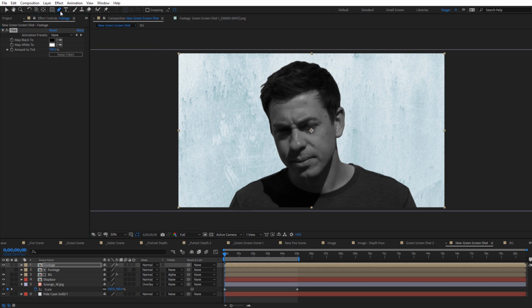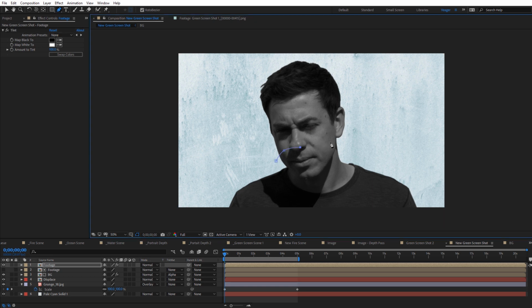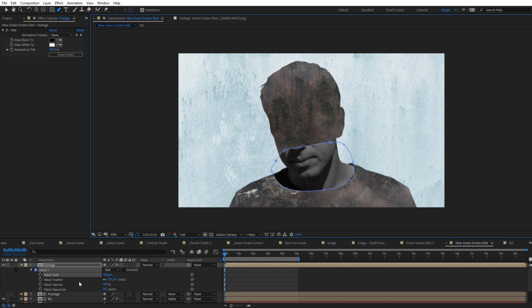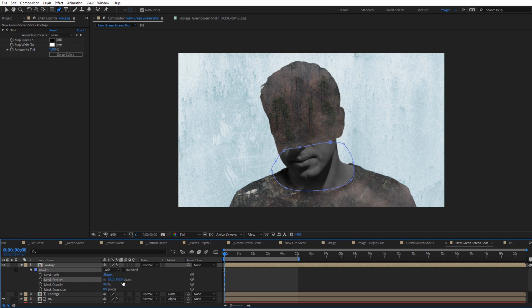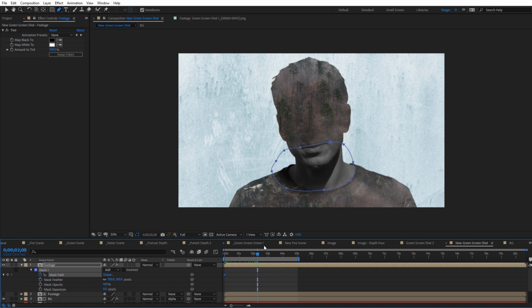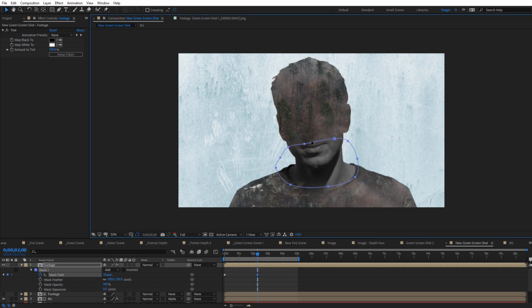So I'll just select the pen tool here, and with Roto Bezier on, I'm just going to mask out around the nose and mouth. So now we can kind of see what that looks like. I'm going to hit MM on the keyboard for the mask properties, and I'm going to increase the feather here to something like 100. And as I move down here, I'm going to keyframe the mask path of this a little bit as well. So just move down in time a little bit, maybe to right here. And I'm going to go ahead and move the mask back into position.